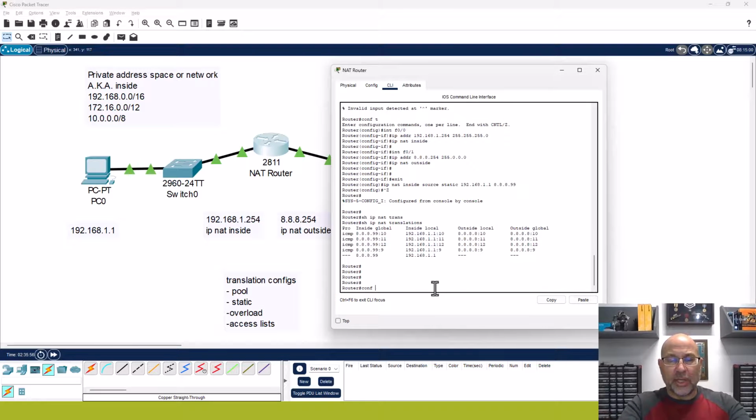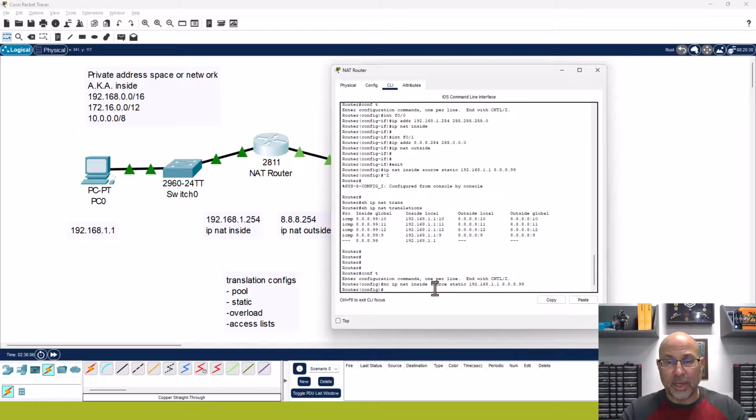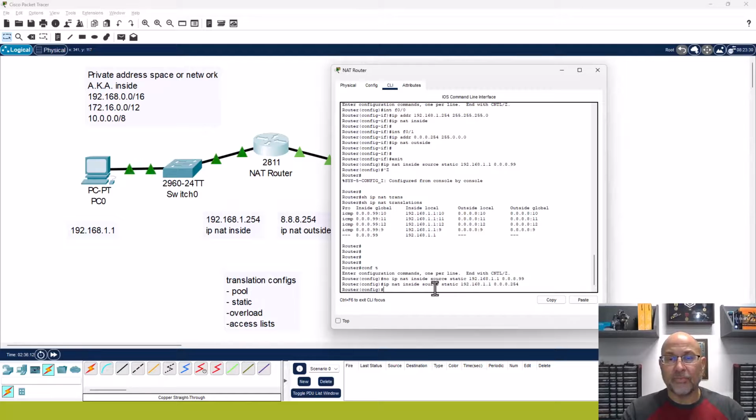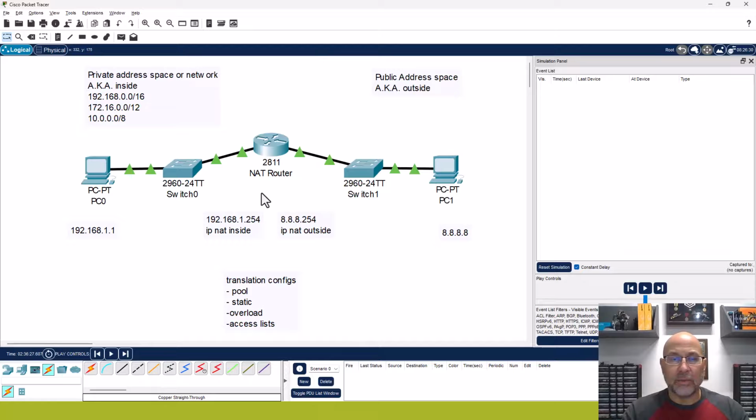Let's change that. So I may have thrown you a curveball by using an IP address that doesn't actually exist on the network. So what I'm going to do is get rid of this. I'm going to say no to that. And I'm going to change it to 254, just like that. Okay? So now if I try it again,